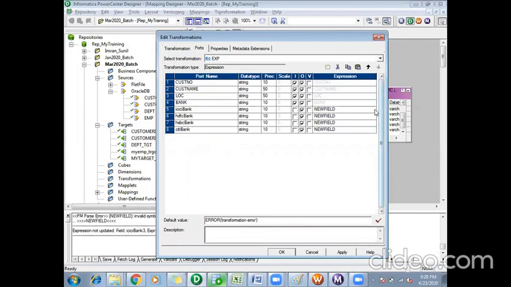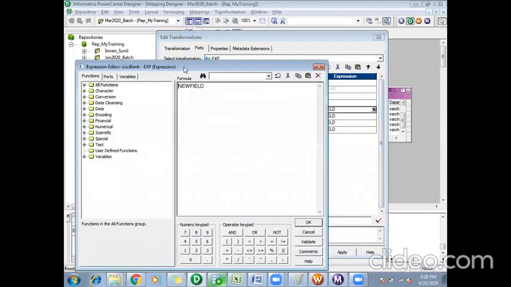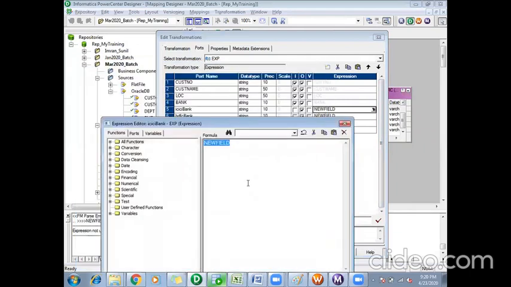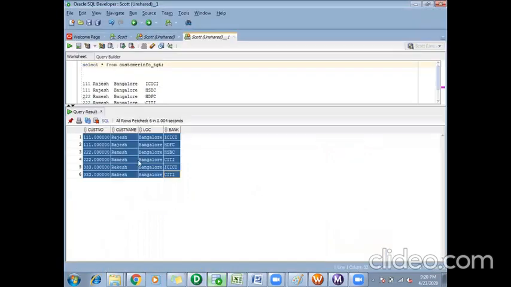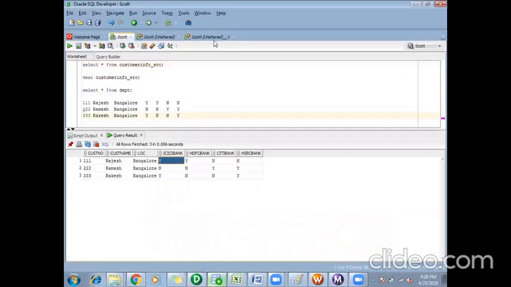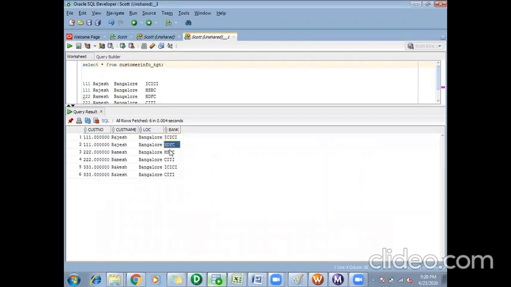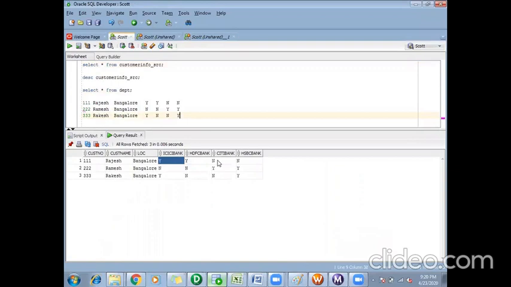So what I want actually in my target, instead of values ICICI, HDFC and all, I need something called YN.